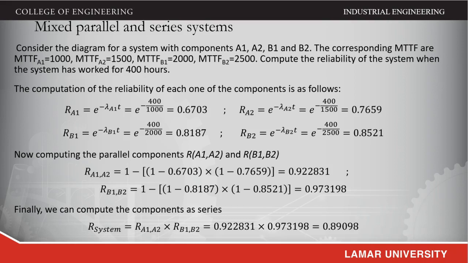Now that we have the reliability of the pairs that are working in parallel, we can compute the reliability of the system for these two components that are working in series as the joint probability of their corresponding reliabilities. And when we replace the numbers with the reliabilities of each one of the sub-assemblies, what we obtain is 89.098% of reliability. So this is the example for the combination of these networks,